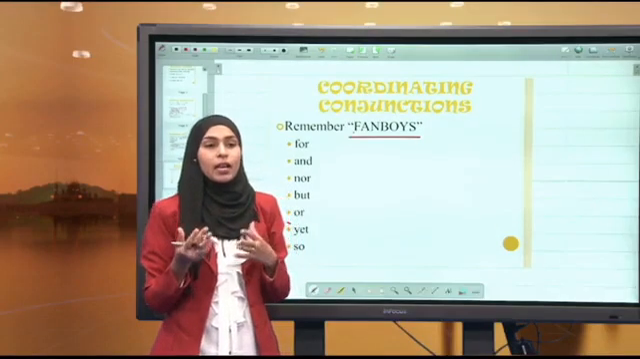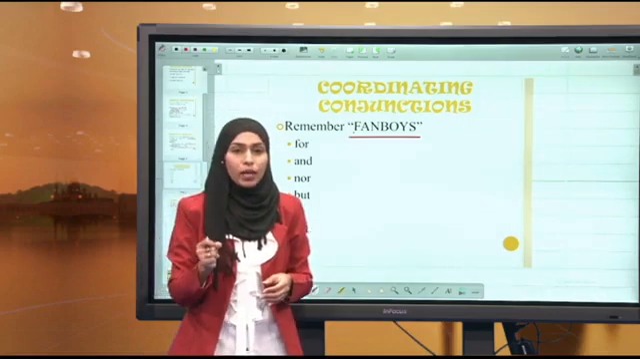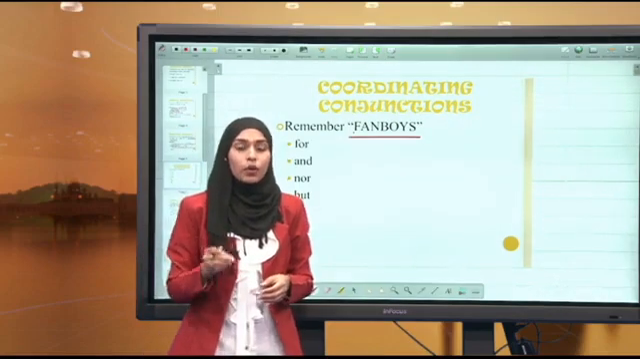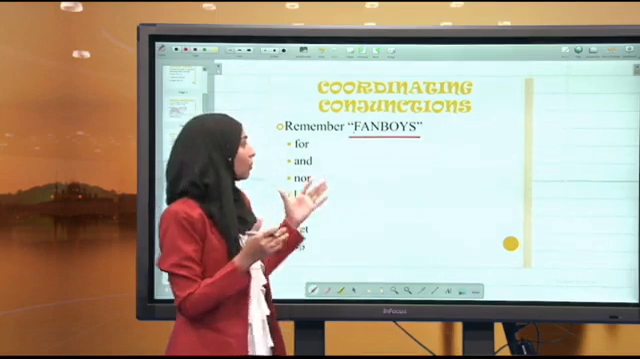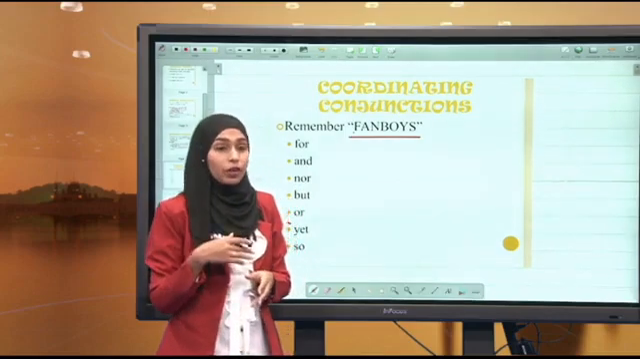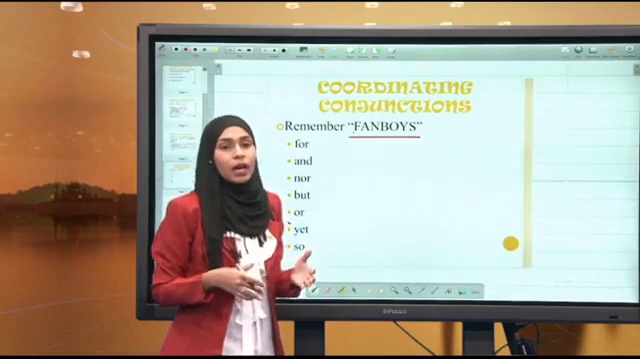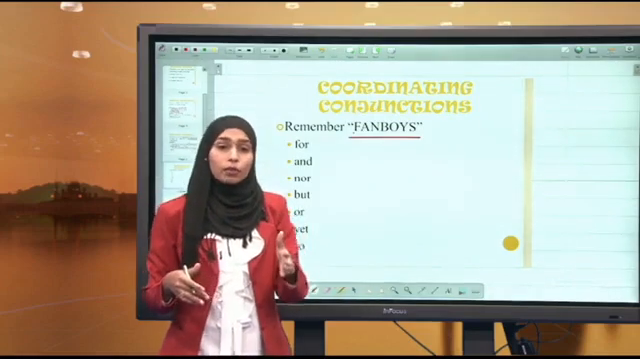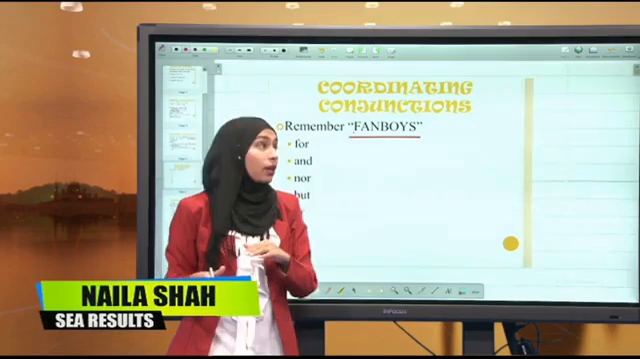Sometimes I'm writing and I need to remember what are my coordinating conjunctions, and I cannot remember them off the top of my head, but I do remember FANBOYS. And once I remember FANBOYS, I can easily associate each letter from that acronym with my conjunctions, and it becomes really easy for me. And I hope that was also helpful to you, and that will help you in your writing and identifying your